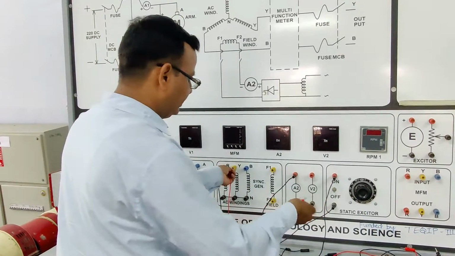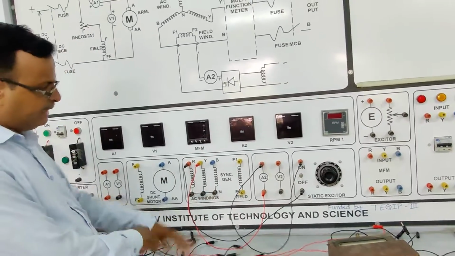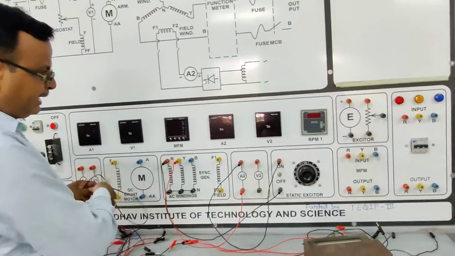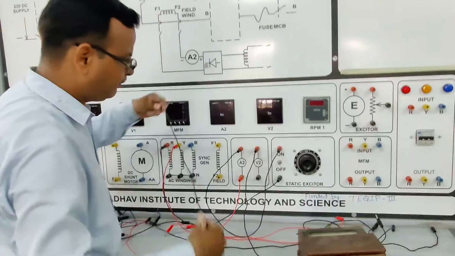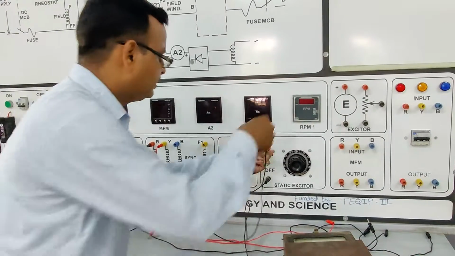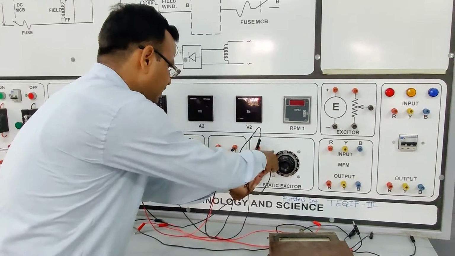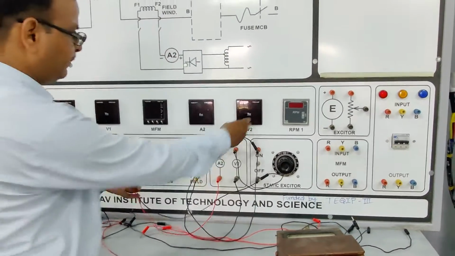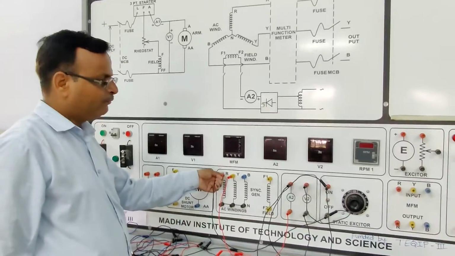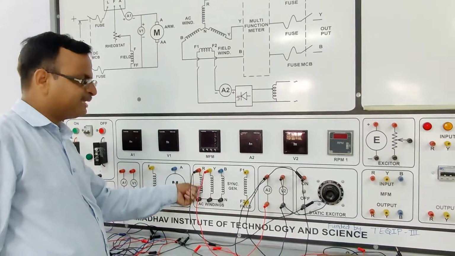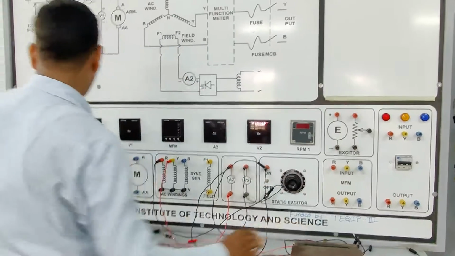and we will give the supply across R and Y phase because these 3 phases are connected internally, and connect a voltmeter across the supply. This voltmeter V2 gives the supply voltage and this A2 is the current flowing through the ammeter, and with the help of formula V upon I we can calculate its stator winding resistance. So we get the supply, start, switch on,